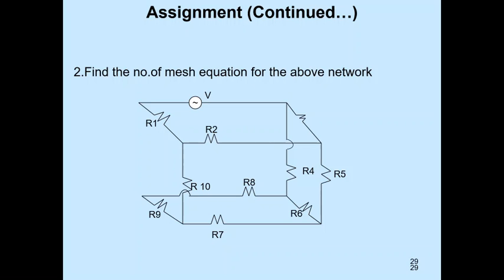So, how many equations are possible? 10 branches and you take the number 1, is possible would be 10 minus